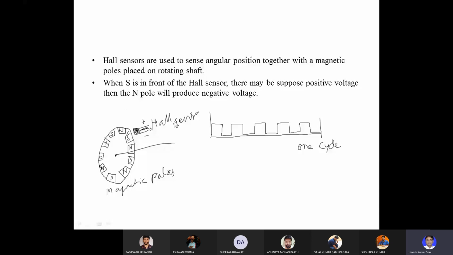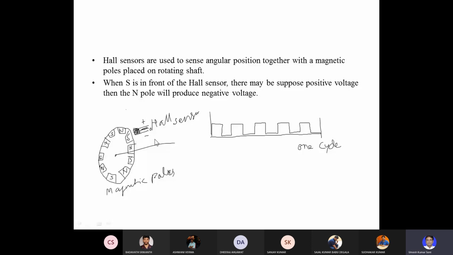So the analog circuit provides us the information that whenever the positive polarity is there, the logic will be high, and whenever there is a negative polarity of the voltage, then the pulse will be low, that is zero. So as the disk is rotating here, alternate N and S poles will come in front of this Hall sensor IC. This is the Hall IC, and the alternate high and low pulses will be received there.